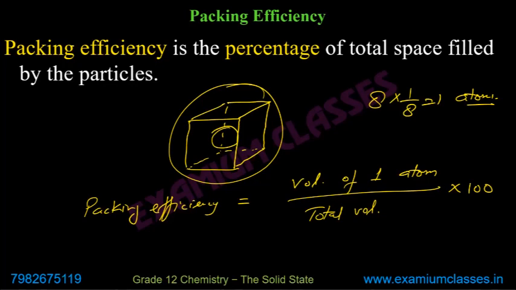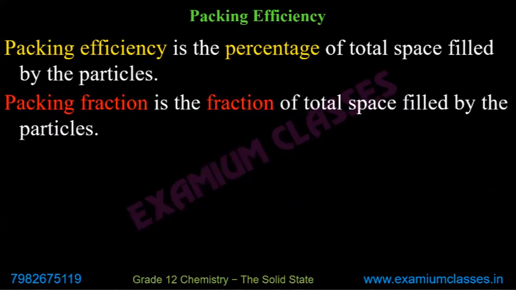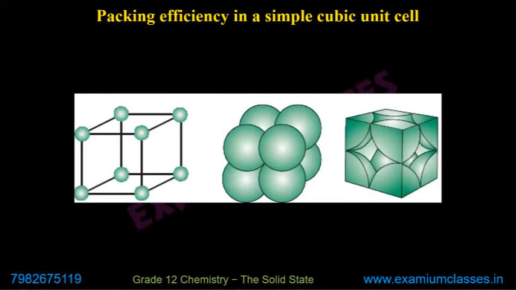If you can understand this, we can calculate packing efficiency, whether it is simple cubic, body centered, face centered, end centered, whatever. HCP, CCP are the same. So that's what we are going to do. For that, first we need to understand the diagram. For representation, yes, we show these as very small points, nodes. But in reality, in a unit cell, all the atoms will be adjacent to or touching one another.